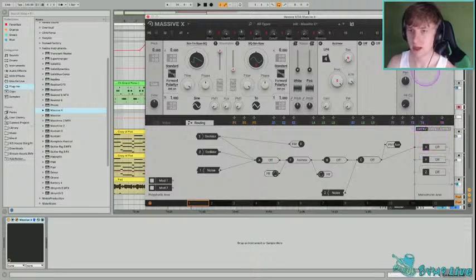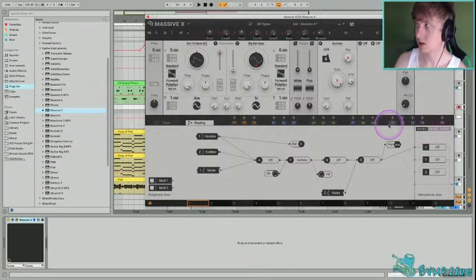In XYZ, there is a way to do some sort of parallel processing here, where you can have it go either into X, then Y, then Z, which is called serial, meaning one goes into the next, goes into the next. And then you have this one, which goes into X and Y, and then goes into Z. And then you have X plus Y plus Z, which is all of them in parallel. So this whole chain will go into all the effects at once and then sum together afterwards. So in many ways you could set this up, but